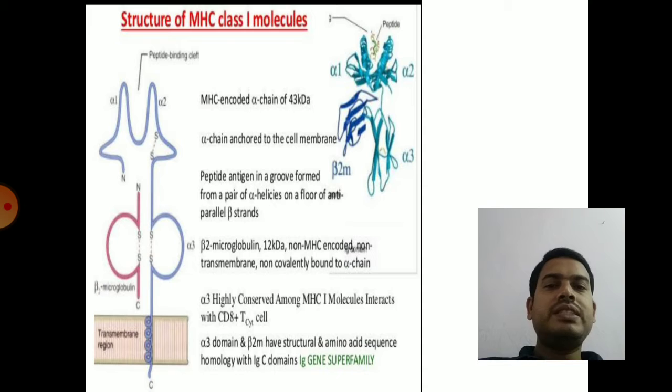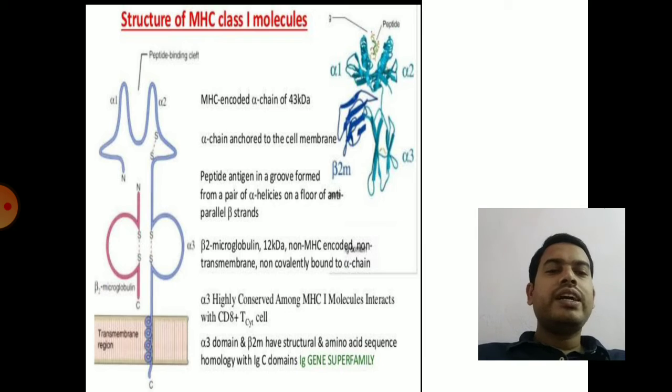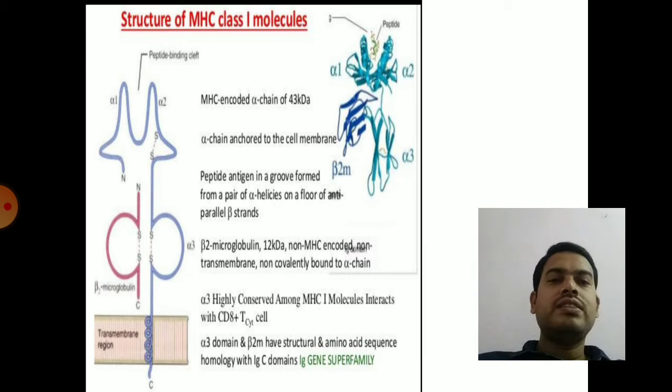The peptide cleft is present between alpha 1 and alpha 2, and alpha 3 will be interacting with the CD8 co-receptor during the presentation of antigen to CD8 receptor containing T cytotoxic cells. So that is the structure of class 1 MHC molecule that contains a transmembrane alpha chain and also non-transmembrane beta 2